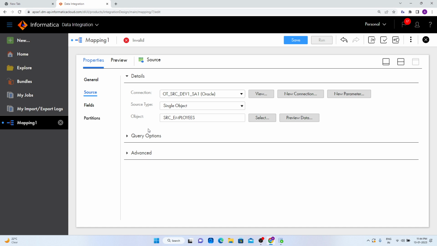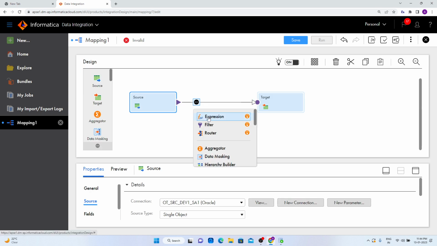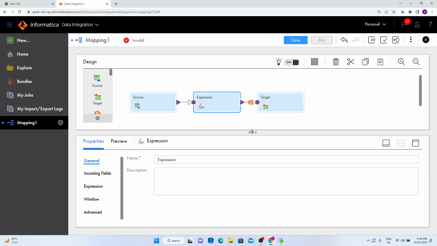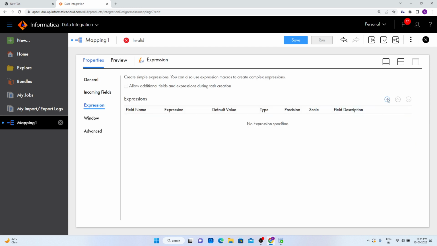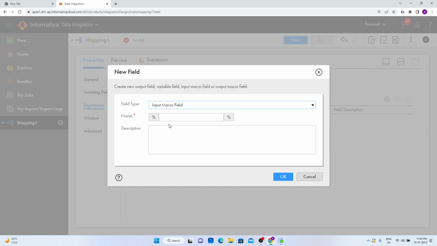Here I'm going to cleanse the data. After the source, I'll add the transformation, an expression transformation, and here I'm going to create the macros. I'll go to expression and create the macros. First I'll create the input macro field. I'll give the name in macro,